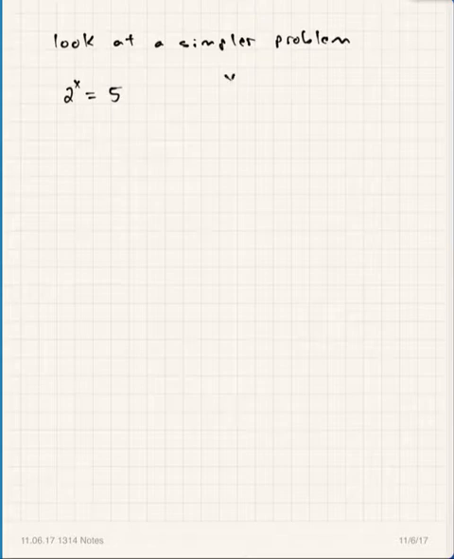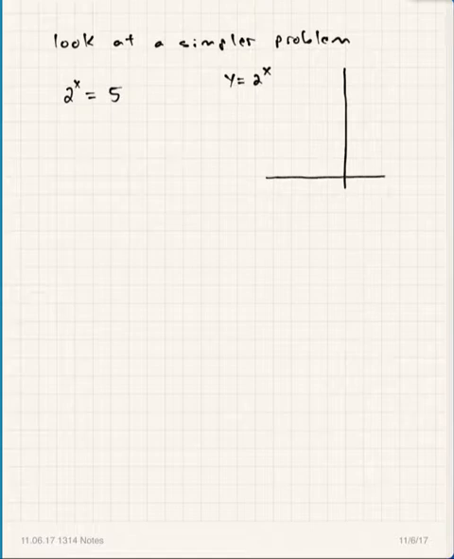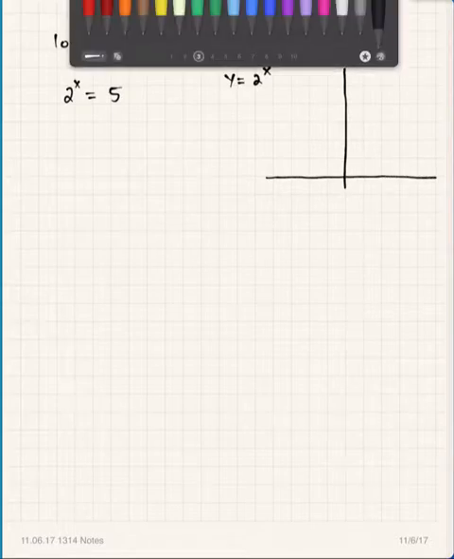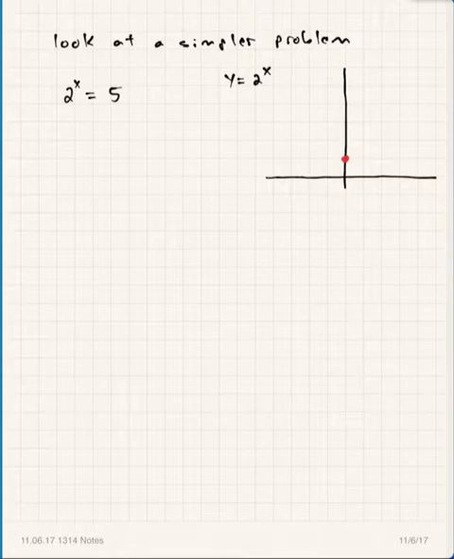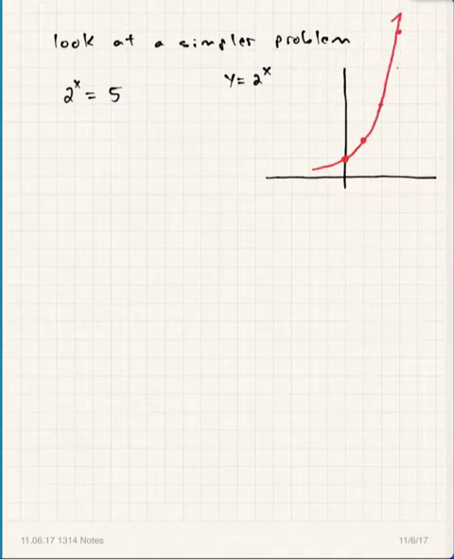And we've graphed this function last week in our lecture. If we graph 2 to the x, this is an exponential function. It's a growth curve. It goes through 0, 1, 1, 2. I'm just substituting in x values. And then 2, 4. And 3, 8 up here, like this. And we get this exponential function, this growth curve right here.